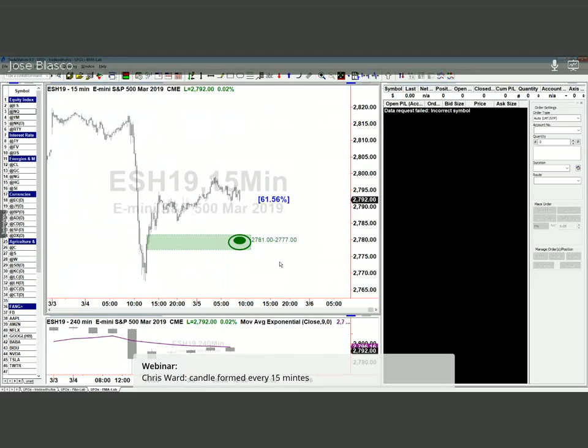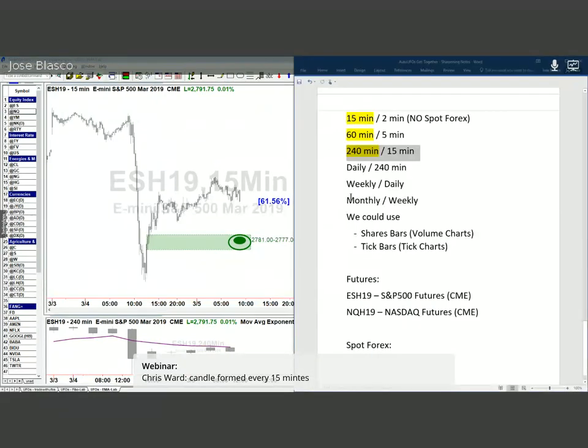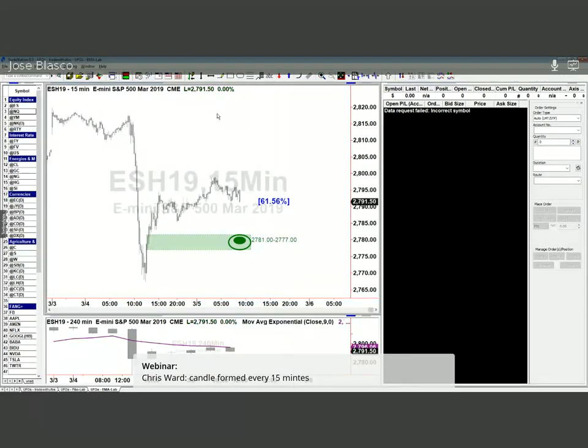That would still be an intraday trade, but given the fact that now I'm looking at the 4-hour and the 15, you would put yourself in the shoes of a trader who's going to be in a trade for a few hours. Still intraday trading, unless something happens where the market went down so many points in like 1 hour. It's doable and it happens, but it's more rare, if you wish. Normally, you get more of what we have in the center part of the screen. This is what would be more common.